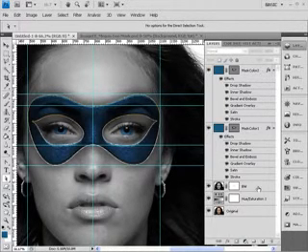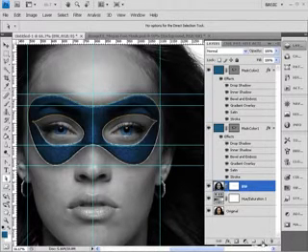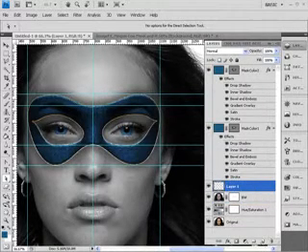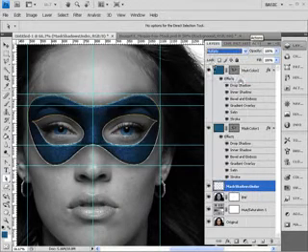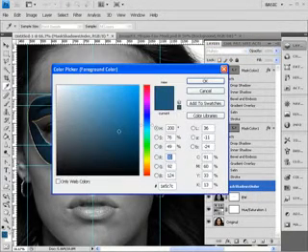Now the next thing we need to do is we'll drop some shadows underneath our mask. So if we come down to our black and white image and create a new layer, and we'll just rename this Mask Shadows Under, click OK. I'm going to turn this into a multiply layer,